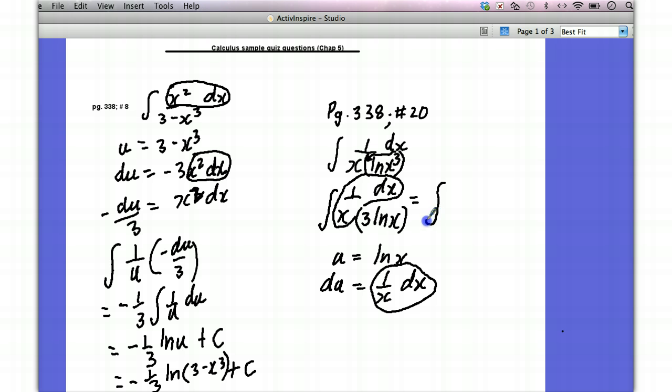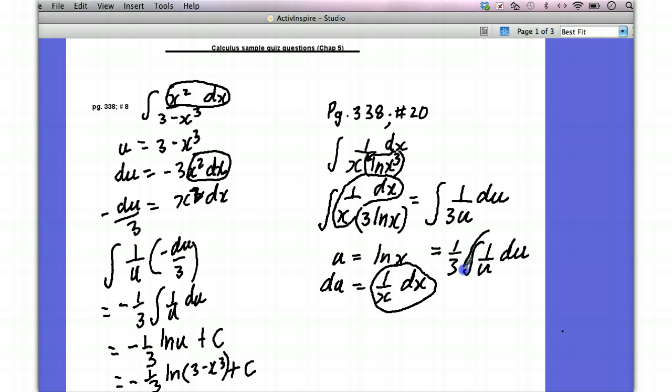Integral, for this downstairs 3 ln x, it's going to be like this: 1 over 3u, and then 1 over x ln x is simply going to be du. Oh, do you like that? Equals 1 over 3, again we've seen this before, 1 over u du,